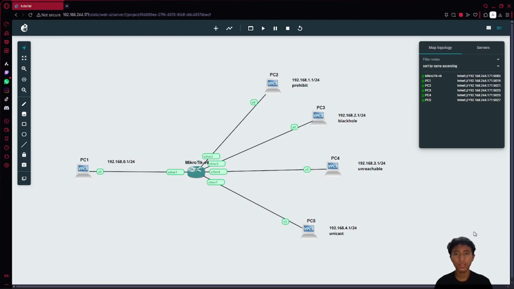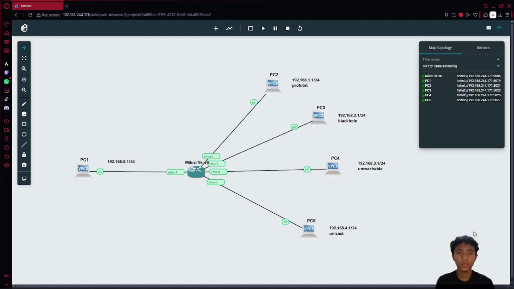Next, for unreachable, the packet is sent but gives an ICMP message that the packet is unreachable. The network target is unreachable. Next is black hole.